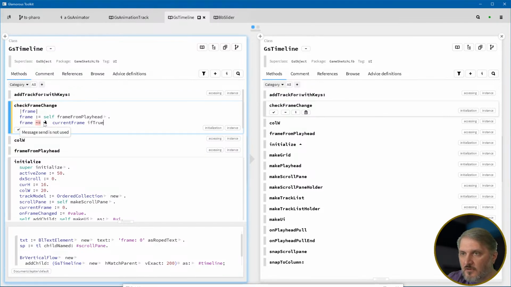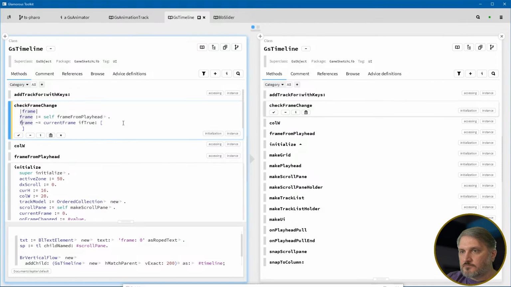Why is this? Oh, but it's not used. So this is done, and then if true,